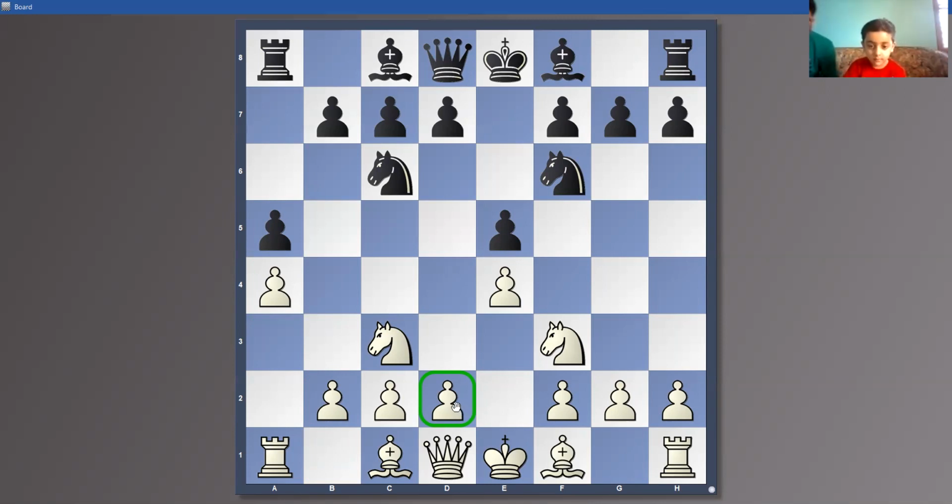D2. Okay, if the board is not visible or it is too small, what you can do is click on the pin icon. On the left side, you will see on the center of the screen a pin. When you click on the pin, it will get larger. No, it is visible, but he's just trying to cope up with this ABCD.